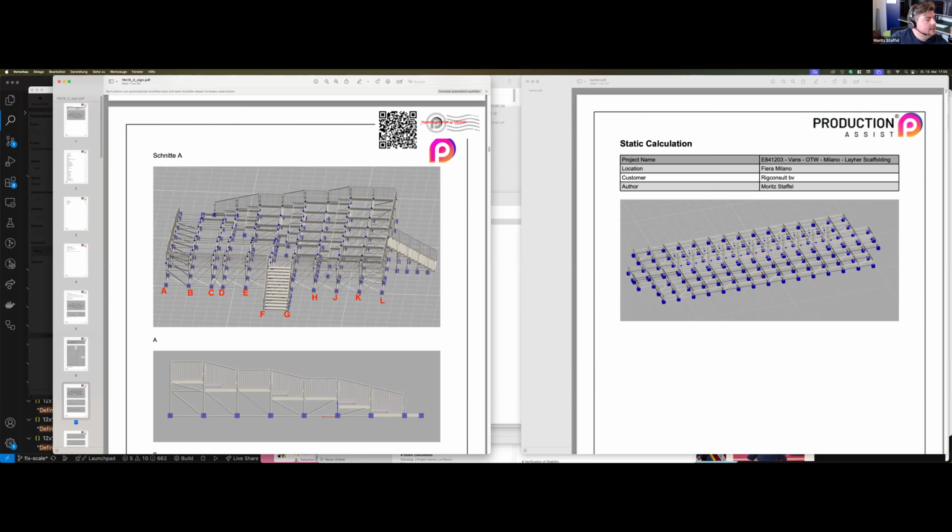The webinar is structured in three parts. First, I will go over the integration with SCAD a little bit: how to install it, what to respect, and how to connect Production Assist and SCAD so that they properly work together. Then Bert